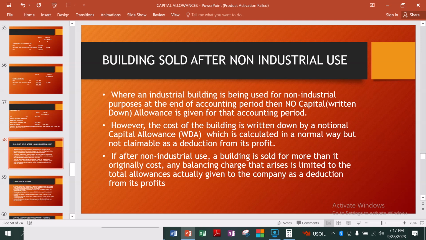It's only that during the time when the building is dormant, you cannot claim capital allowances. Meanwhile, you have to reduce the cost by the capital allowance which is supposed to be claimed in that year, which, since it's not actually claimed, but you have to calculate it, is called notional